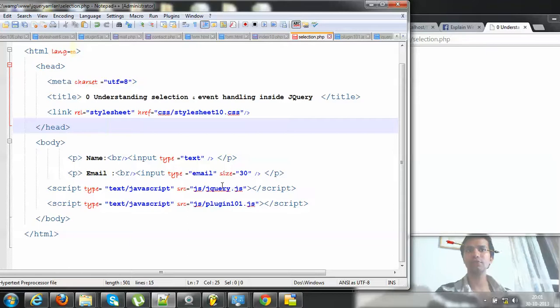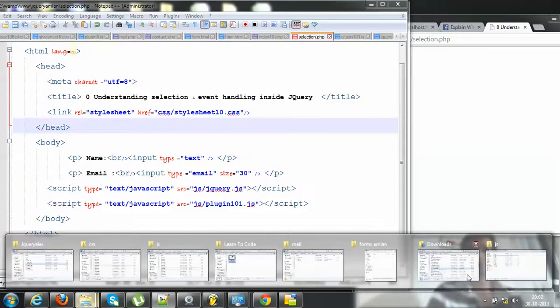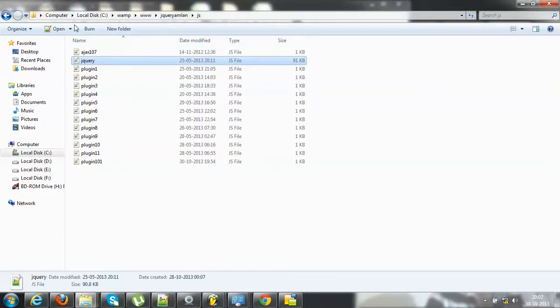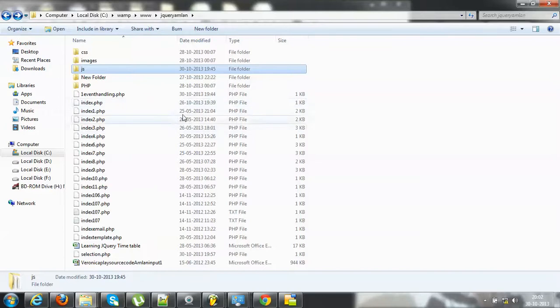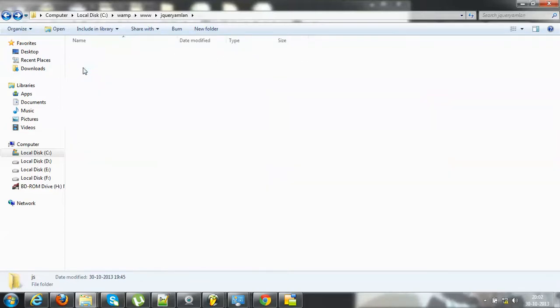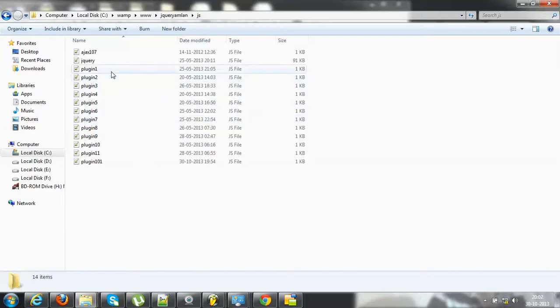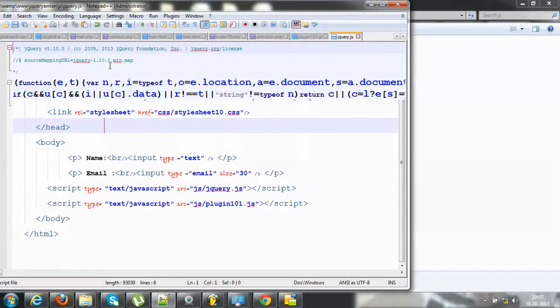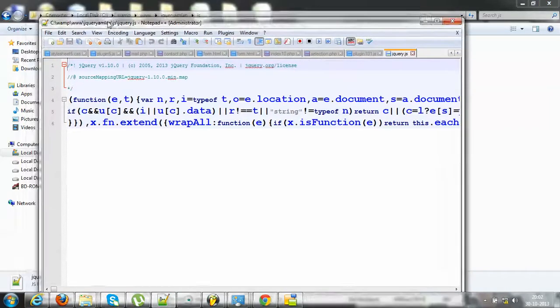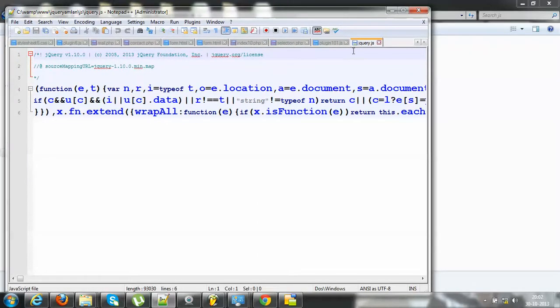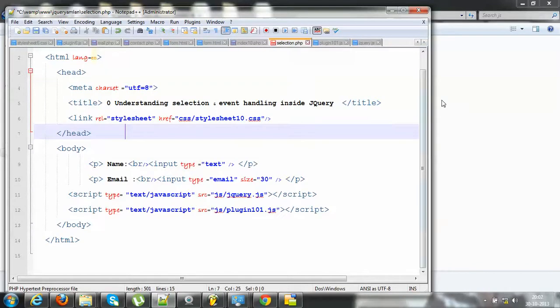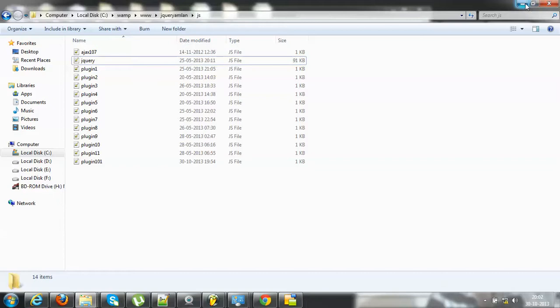First and foremost, I go to the jQuery website and download the jQuery library, and I have put it into my folder JS. In case I want to show you, okay, this is my folder structure. Inside the folder I have a folder called JS. Inside JS, the jQuery library is basically inside this folder. So this is what I'm linking to. When you look at that include script for jQuery library, this is exactly what we are looking at. And let me just now close this.